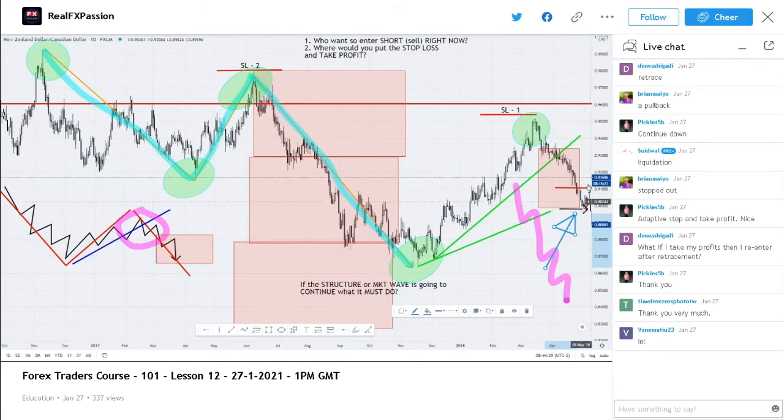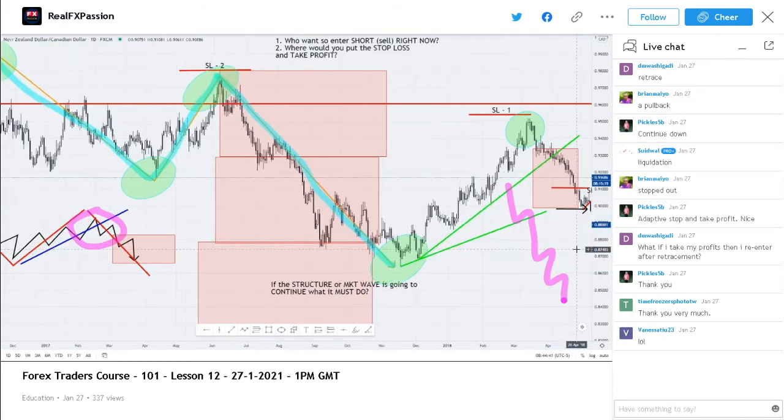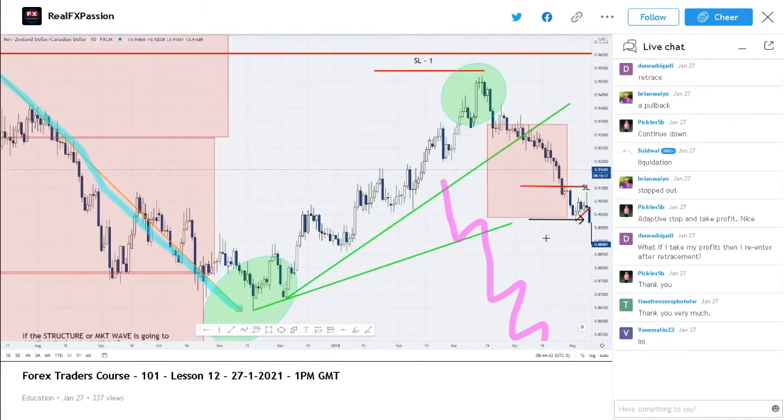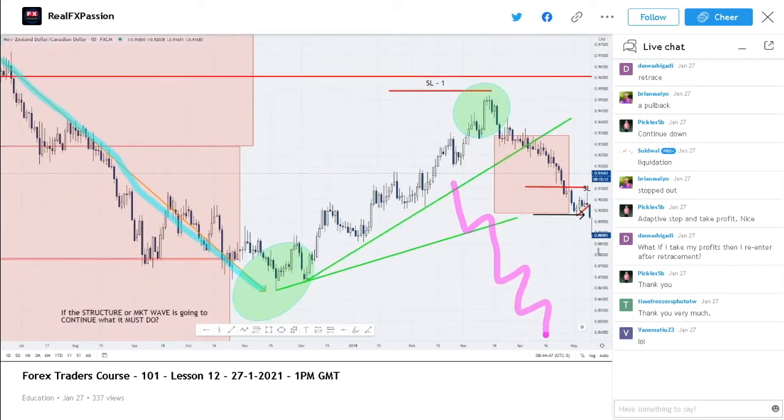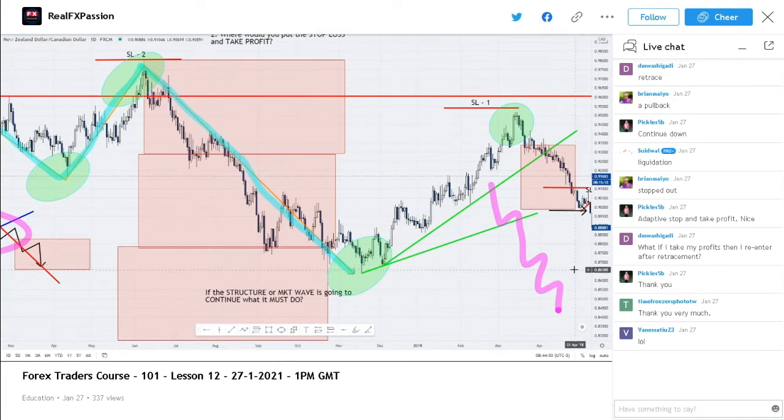So everybody, if you are scared as a beginner trader, and it's okay, it's normal, it's understandable, just bear in mind that the market must wave. Okay, so I am going to enter in here. Stop loss is going to be the stop loss number 2. Okay, not the stop loss number 3, not the stop loss number 1, stop loss number 2. Okay,